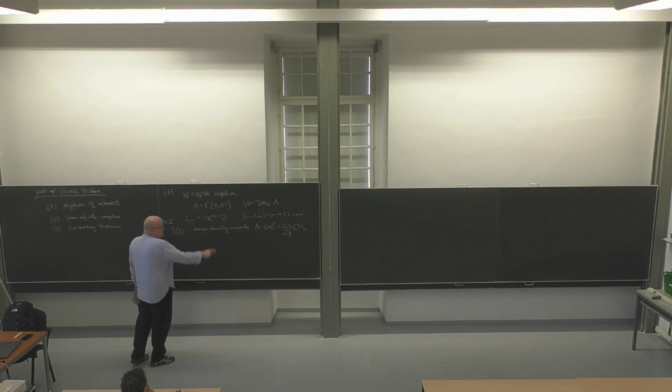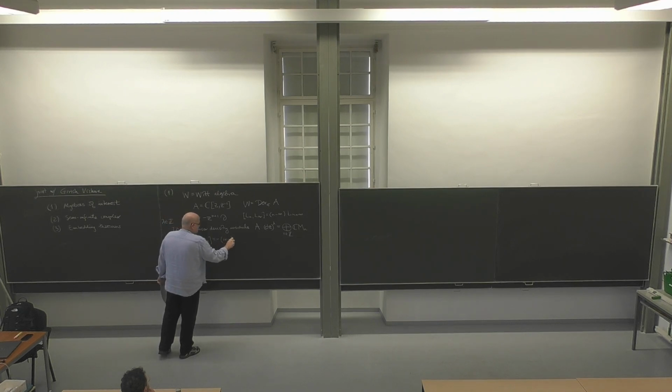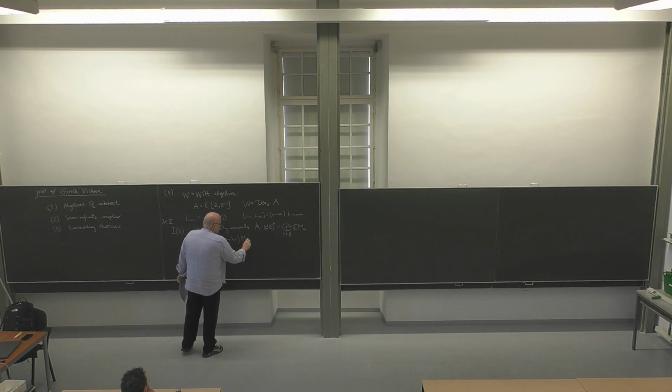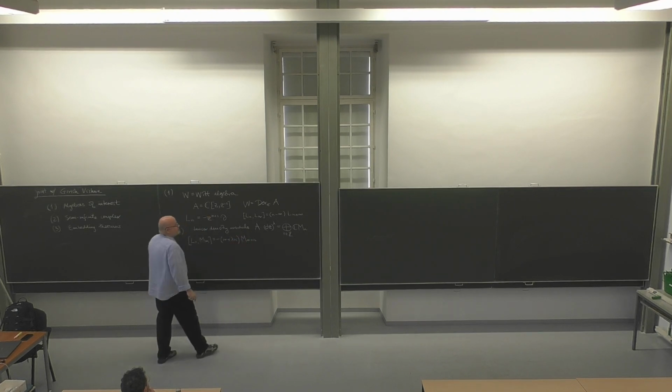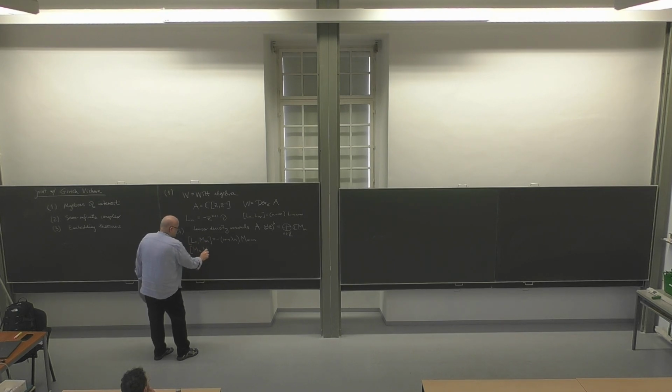You can see how these act, and the algebra that you find is [L_n, M_m] = (−m + λn) M_(n+m). And then you declare the M's to commute. This is just a standard extension of the algebra by a module. You get a semi-direct product with the module being abelian.